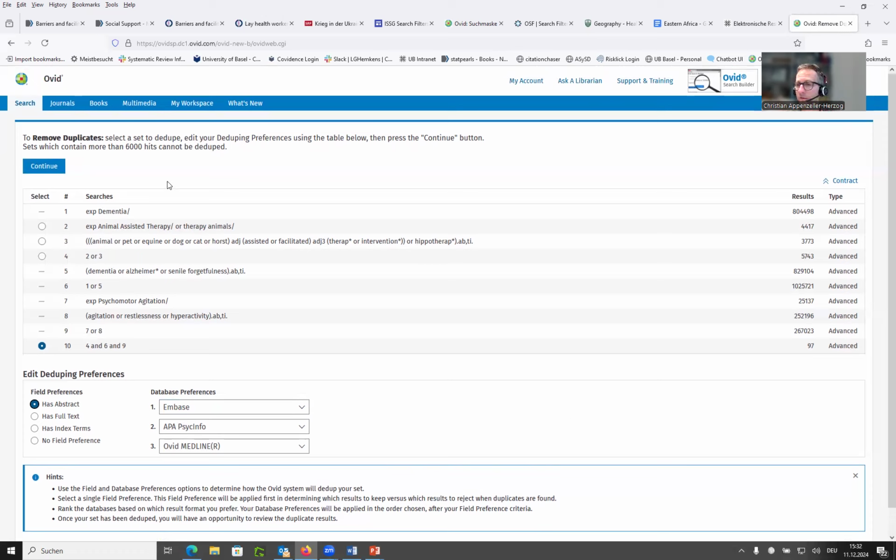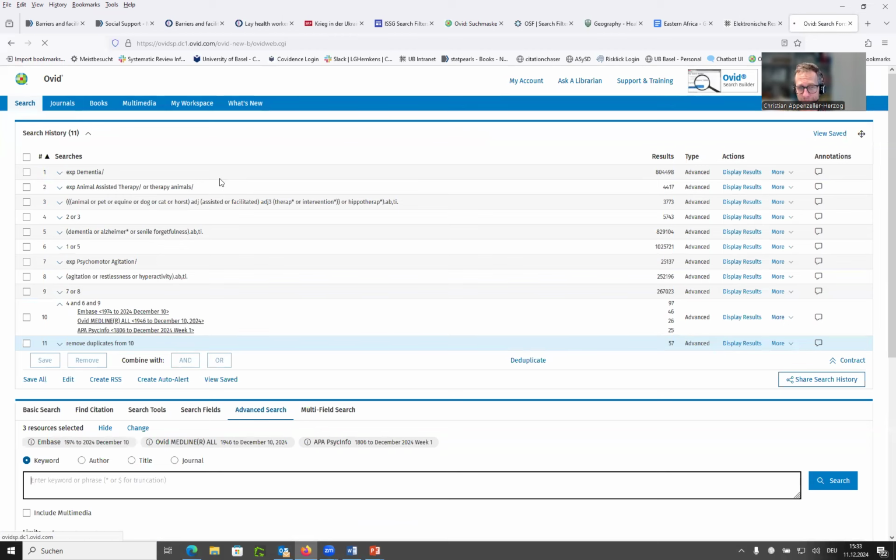And by the way, if you cannot remember the number of 6,000, it says that up here, right? Sets which contain more than 6,000 hits cannot be deduped. So that's up here. But now we are ready for deduplication, and we press the continue button. And we get now a search number 11. And the search number 11 is called remove duplicates from 10. And you can see that we have 57